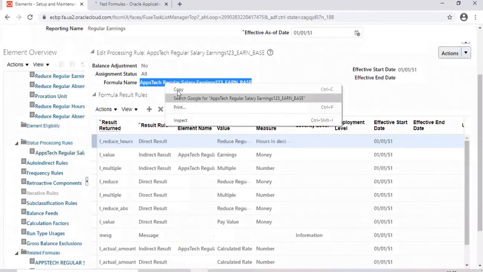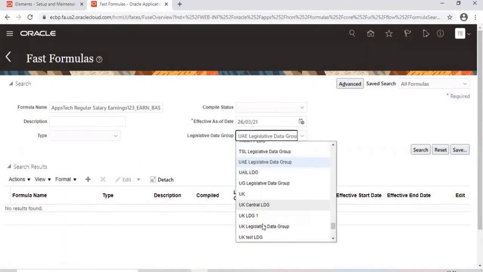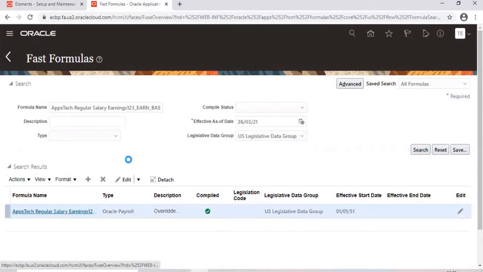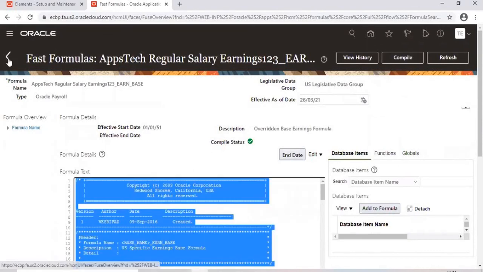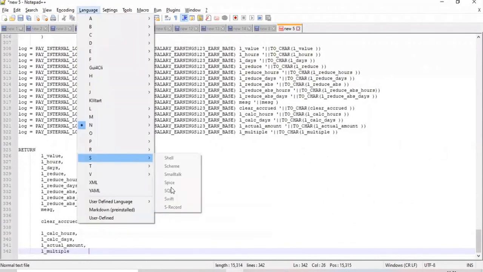I just wanted to show you the formula. That's it. Yeah, this is the formula.